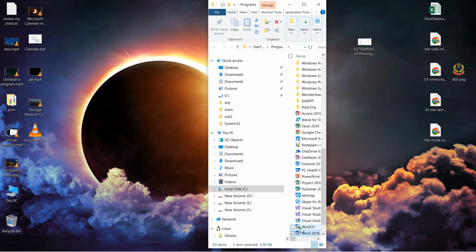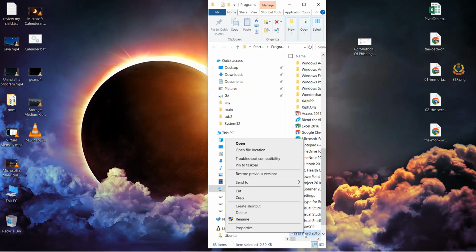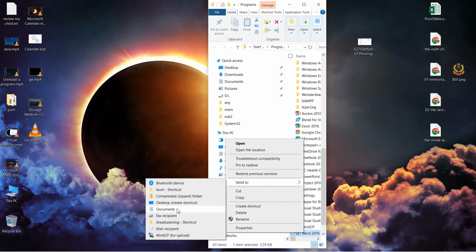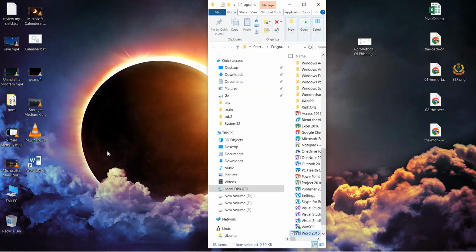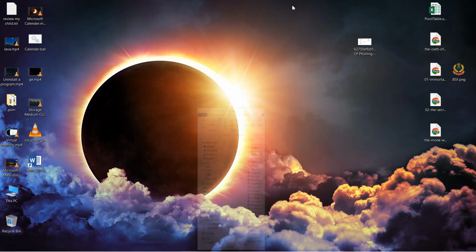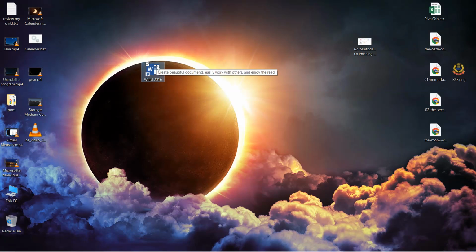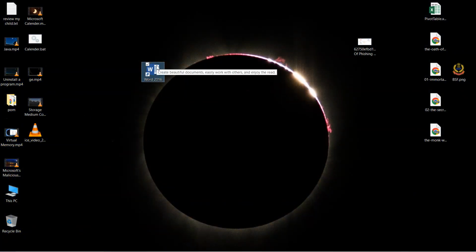After that I need to right click on this particular shortcut and then send to desktop. So it is sent to desktop. Here the option it is. The problem with this option is that we are stuck with using the inbuilt icon which this application is giving. So I'll be showing you a way by which you can create your own custom icon for your particular application,